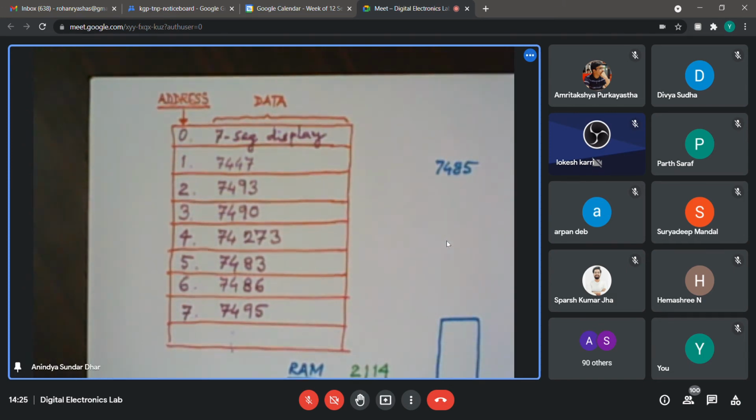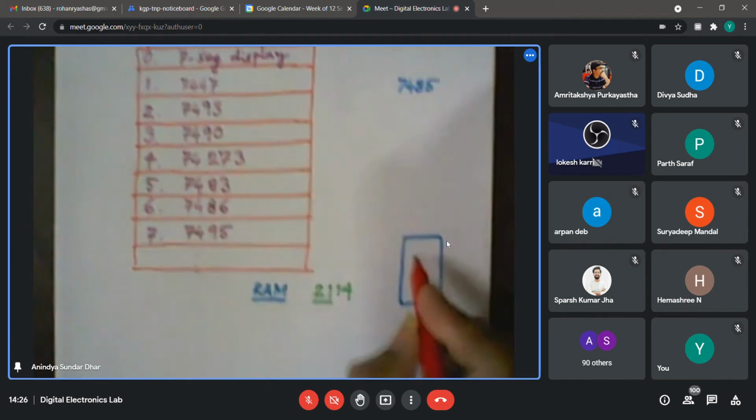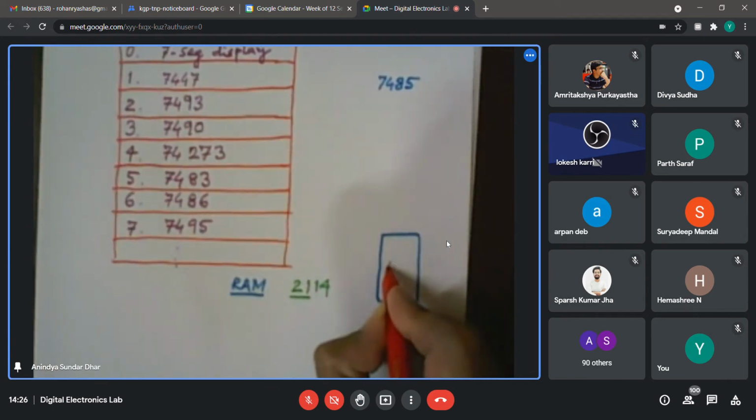If there are 32 such locations, how many bits do I need to indicate a specific line, or to denote the address? And then the width of the data doesn't have anything to do with that 5-bit address. It depends on the capacity of the memory, how many bits I can write in every line. So if I look at this block, let's say this is a RAM block.